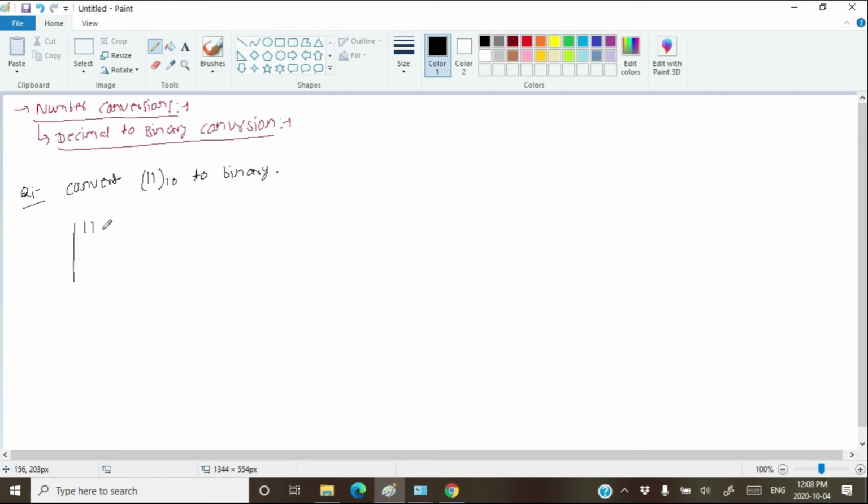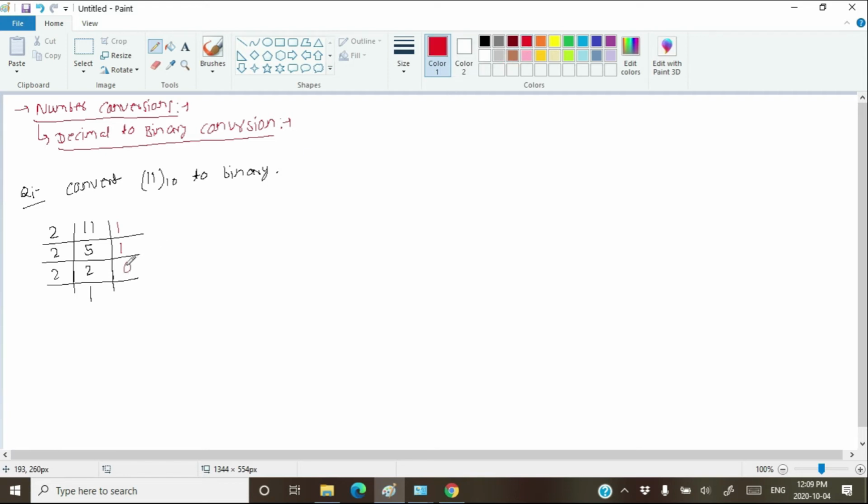You divide the number by 2. What you will get as the quotient is 5. 2 5s are 10 and you will get 1 as the remainder. Again you divide 5 by 2, you will get 2 as the quotient and 1 as the remainder. Then again you divide the latest quotient. You always have to divide the latest quotient. When you divide the latest quotient 2 by 2, you will get 1 as the result and